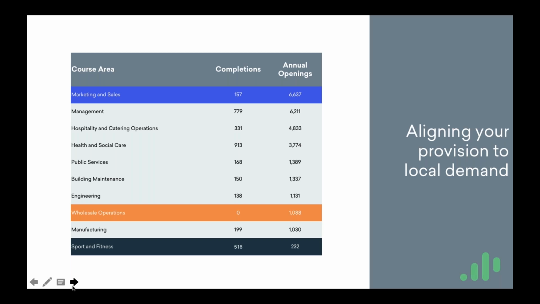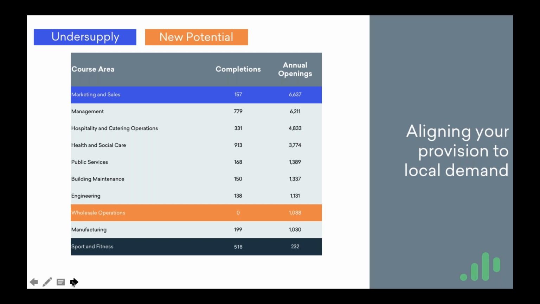So I've just highlighted 3 of their course areas, their course departments here, just to give an example of, firstly, the potential undersupply to this particular local economy. So we see their marketing and sales had a decent number of students, but the demand for jobs is pretty huge in this area. So there's potential for growth there. We can see with wholesaling,